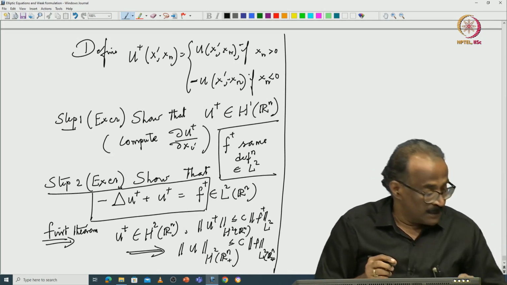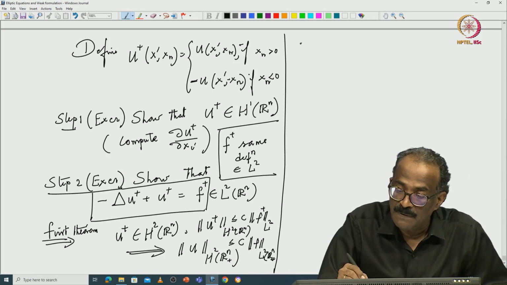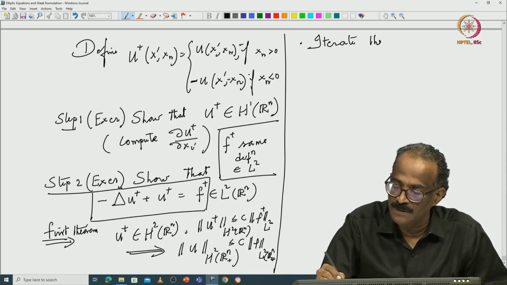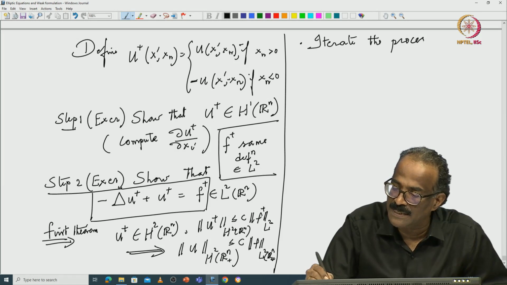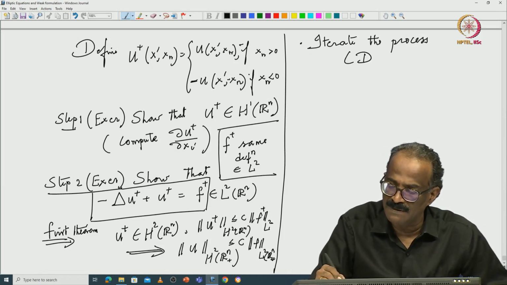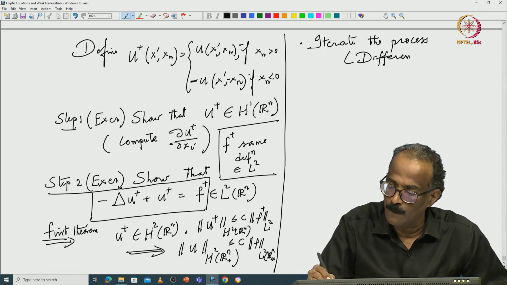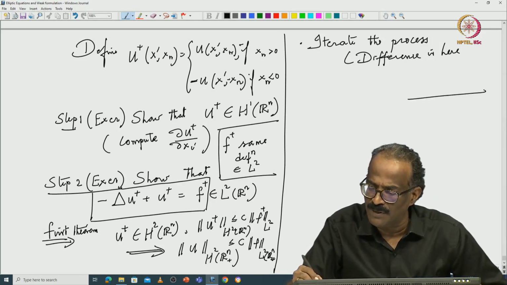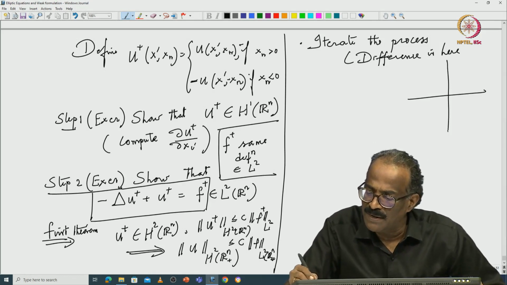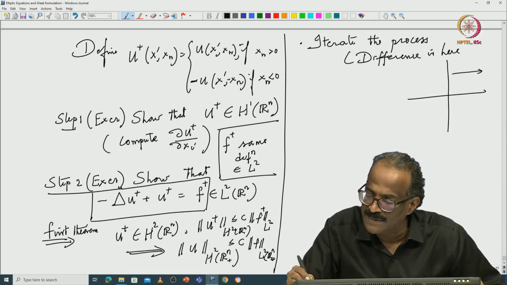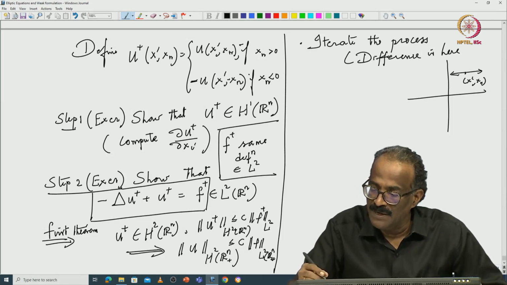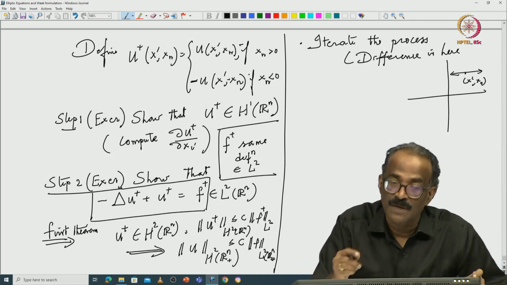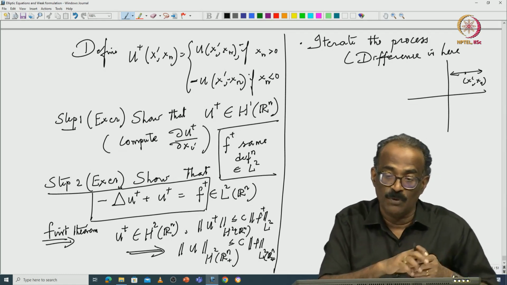Okay. So the slight difference comes when you iterate the process. Iterate the process. That is where your differentiation is different. The difference is here. That is one way you have to think classically quite often, even though it is a distributional derivative. See, when you are differentiating in the directions x1 to x n minus 1, you are differentiating in these tangential directions. But then when you are differentiating, because you want to see what is the Laplacian of du by dxi, if you look at the previous proof,